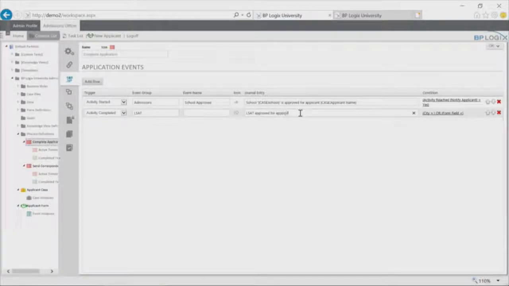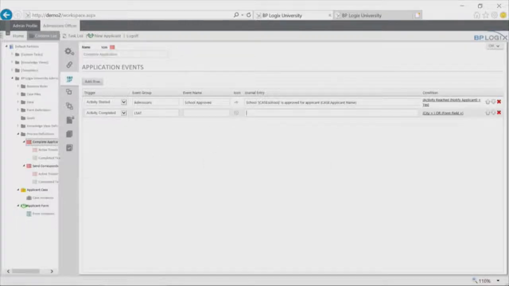But that is intended to convey the business semantics. Now I know that a lot of implementers, when they first do this, are going to put things in here like "form attached." That's not what you're supposed to do. What you're supposed to do is explain it and distinguish between different kinds of form attachment or document attachment. So these are examples of the different types of application events that can be triggered based off of events